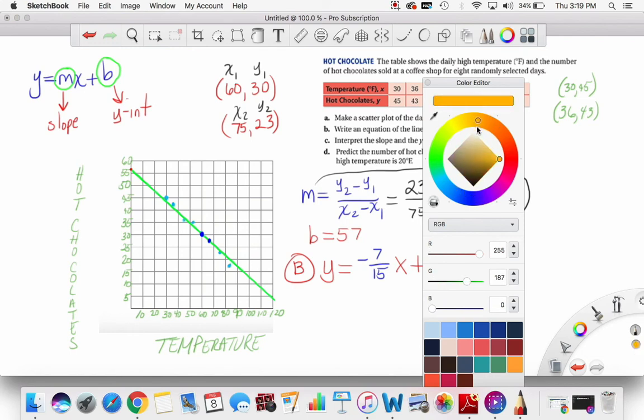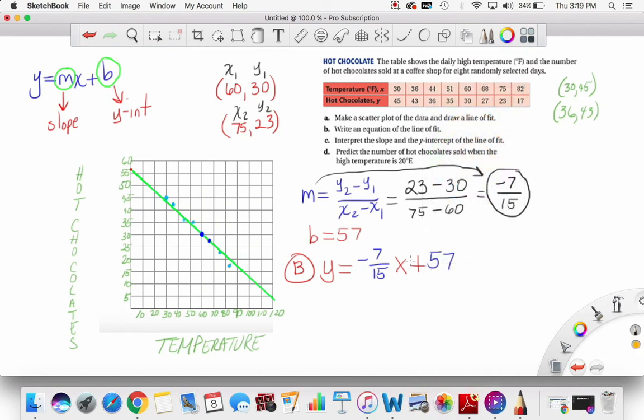Since the slope is a comparison of the y change to the x change, since y represents the hot chocolates and it's negative 7, that means